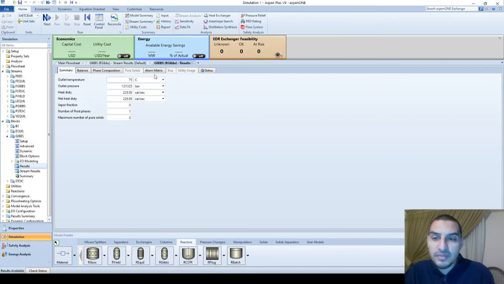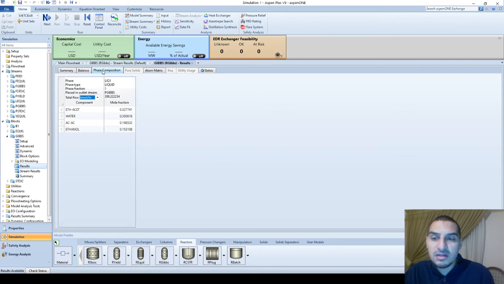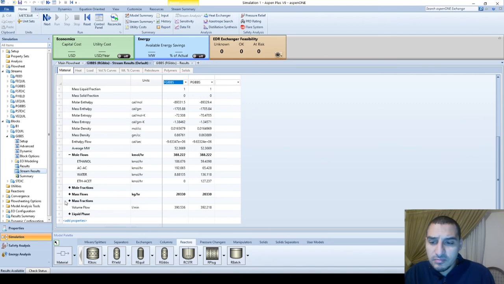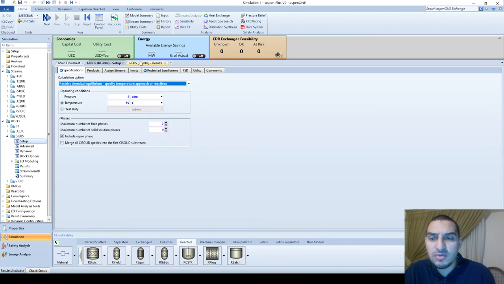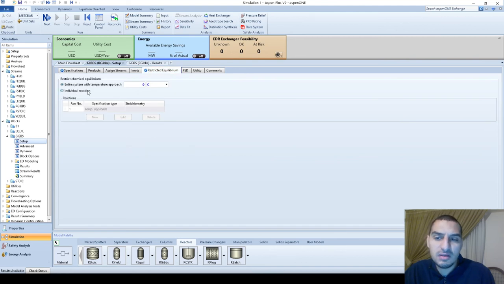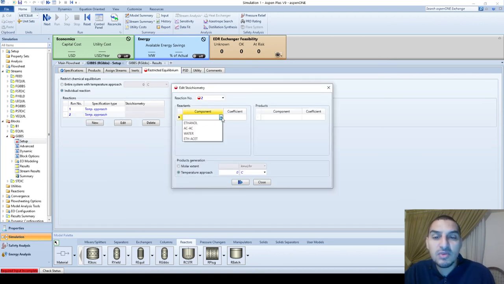So you'd see no difference in what you're gonna get for the stream results here. It's almost gonna give you the same output. It's kind of different, but yeah, it's the same output for the molar flows. So it's not gonna be different from the option that we defined before. The only option that you're gonna get out of here is that you can define another temperature to work in. Anyways, for the reactions, you can define the reaction the same way that we defined before,